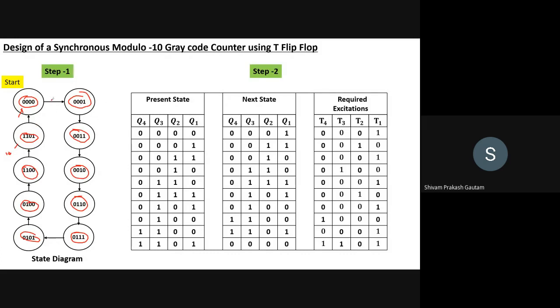You can see when we are proceeding in this way, like an up counter, only 1 bit is changing at a time. That is what we call a gray code: only 1 bit should change. So when it is going from 0 to this, only one bit is changing, which is the last bit. When it is going from this state to this state, only one bit is changing, that is this middle state. When it is going from here to here, only one bit is changing, that is this state.